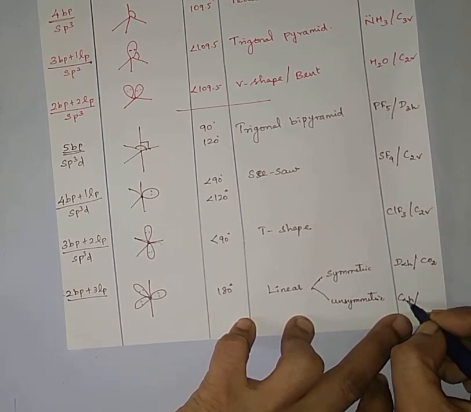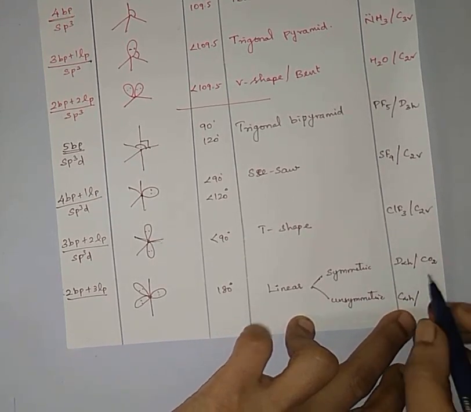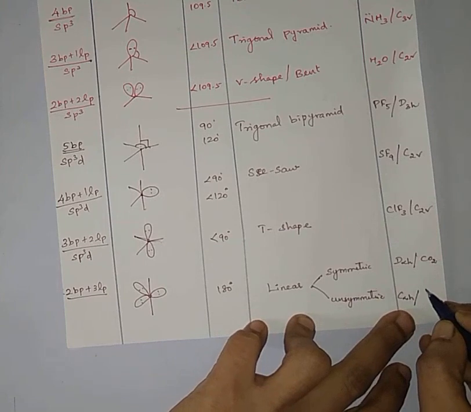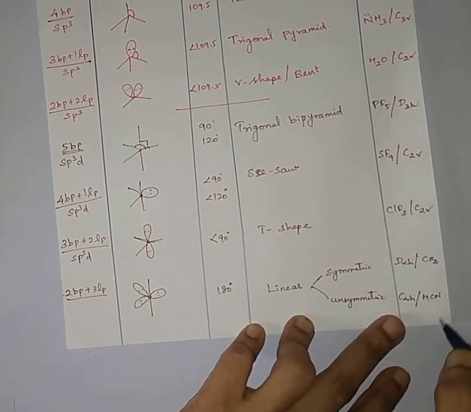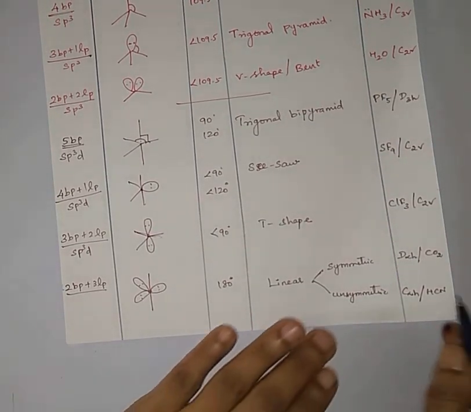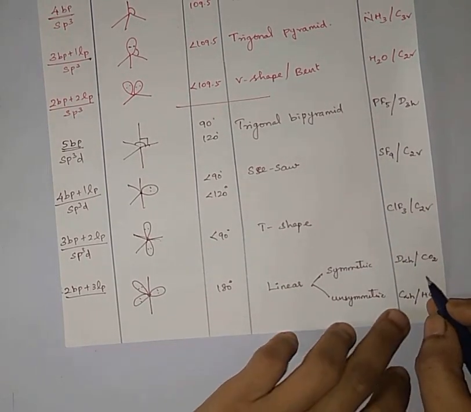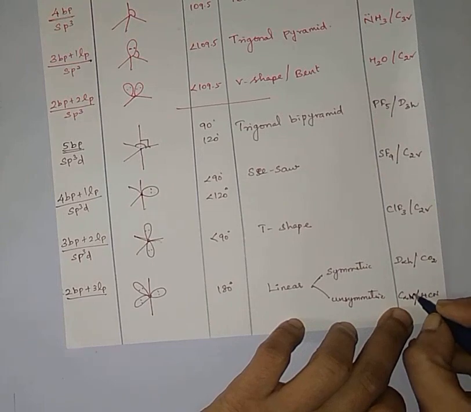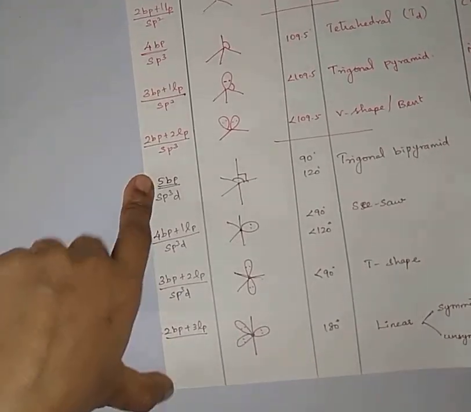And for C infinity v, unsymmetric will be there. Both sides will not be the same. For example, we can take HCN. Here it's N, here it's hydrogen. This is not the same, both sides are different. It's unsymmetric, and the point group is C infinity v. Oh, sorry, C infinity v, not h. And the next one is, now 5 bond pair is over.